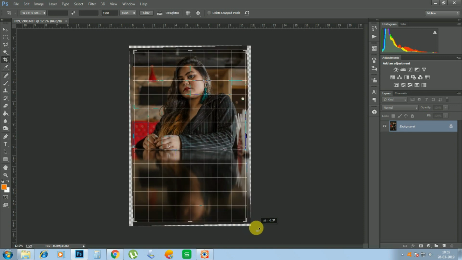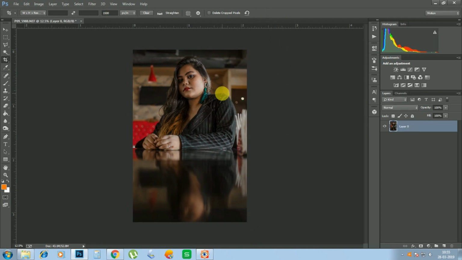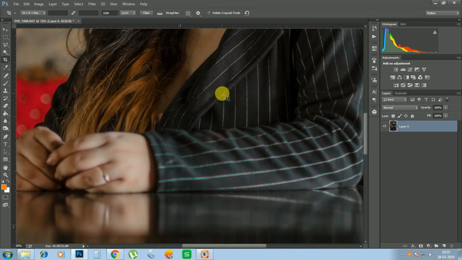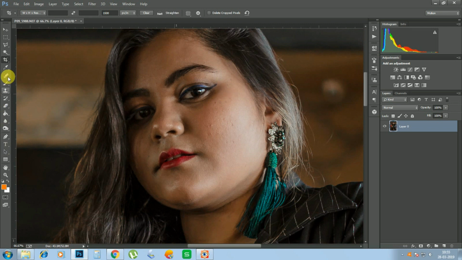Now, how can you make things straight? When you click the crop tool, you see the TV, the sofa, the background, the ceiling, and you straighten the picture up. And it's done. Now the main thing is spot healing. How to do it? Click this band-aid, spot healing, and just do a little bit of retouch. It looks good. The model,